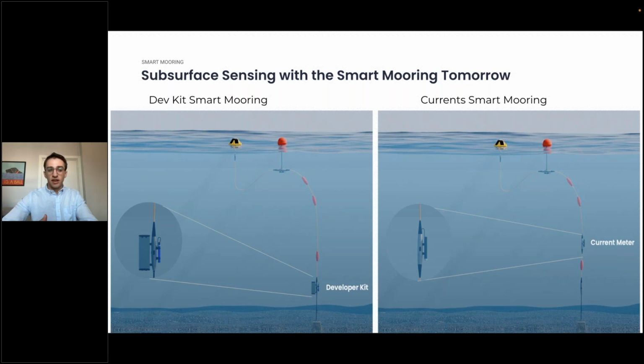So again, this is really going to apply to both system integrators and researchers, as well as OEMs who want to start integrating sensors using Bristlemouth or testing those sensors in real time using the smart mooring. And then the second piece of the smart mooring extension that we can talk a little bit more about today